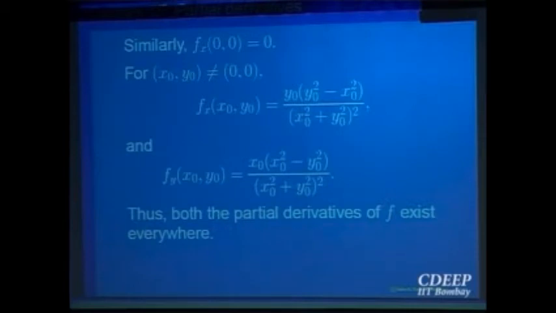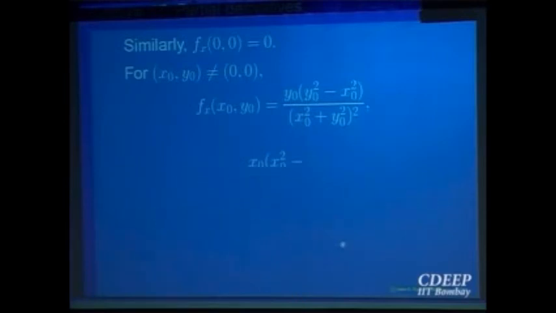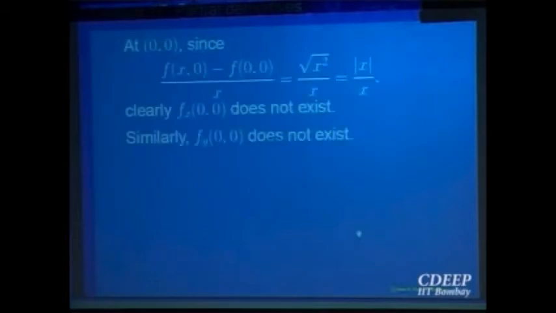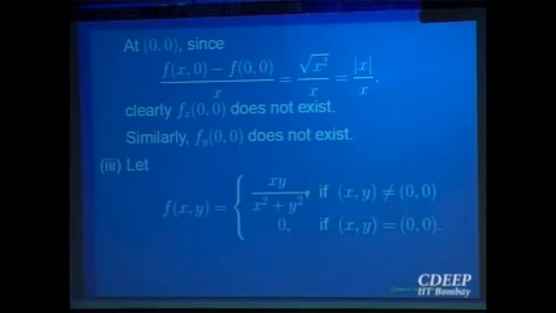All the partial derivatives at all the points exist. At the point 0, 0, do you think the function is continuous? Let us go back. So this was the function. You know, obviously this function is not continuous at 0, 0. Along the curve y equal to mx through 0, 0, different limits will be there. So all the partial derivatives at a point may exist, but the function need not be continuous.